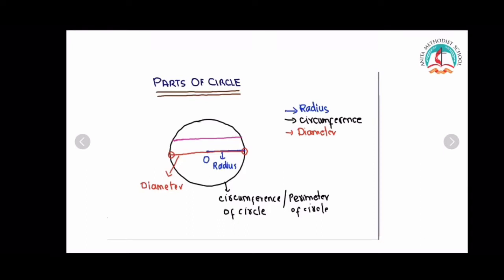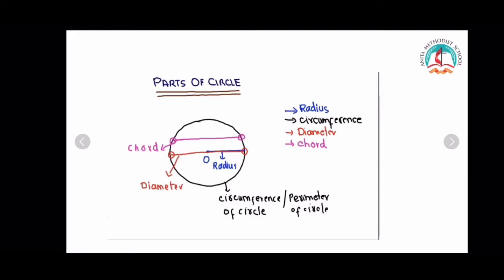Now after the diameter of the circle, we have another concept. What is this? This is called the chord of the circle. Now what is the definition of the chord? Chord is basically the part of the circle that does not pass through the center of the circle, but its end points lie on the boundary of the circle. So this is how the chord differs from the diameter of the circle, as the diameter passes through the center and the chord does not pass through the center of the circle, but it touches two points on the boundary of the circle.